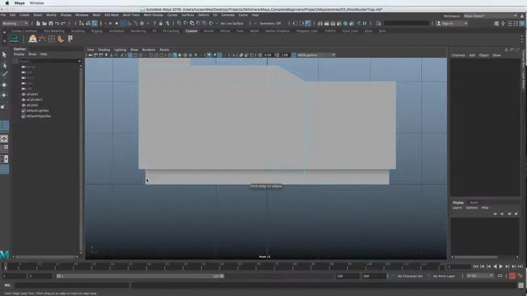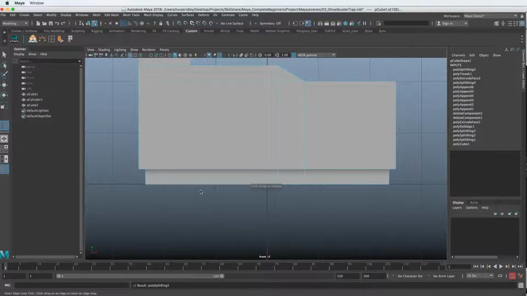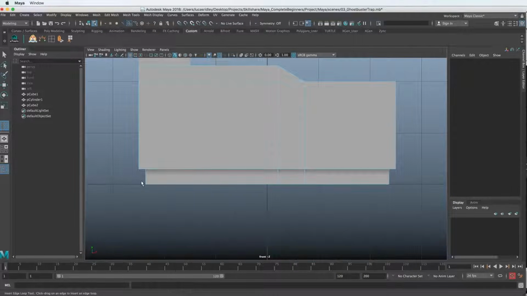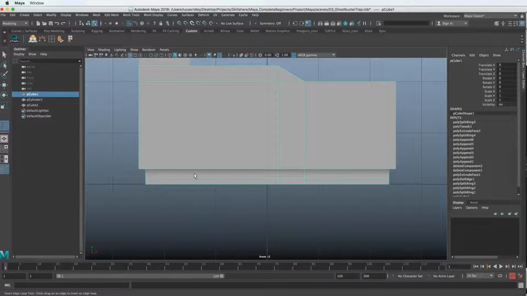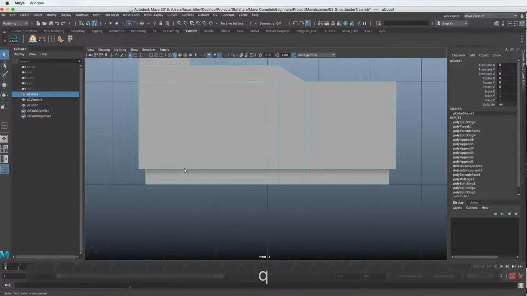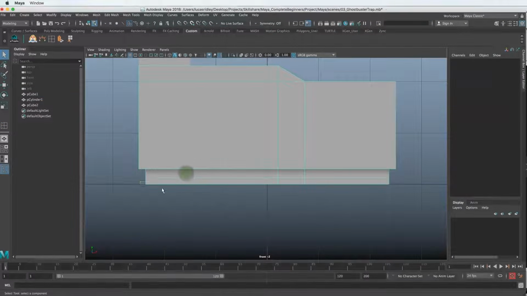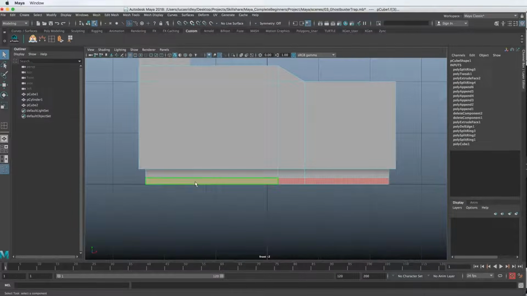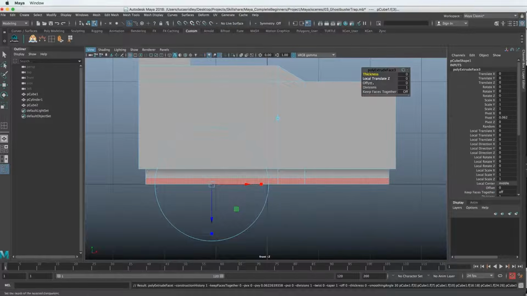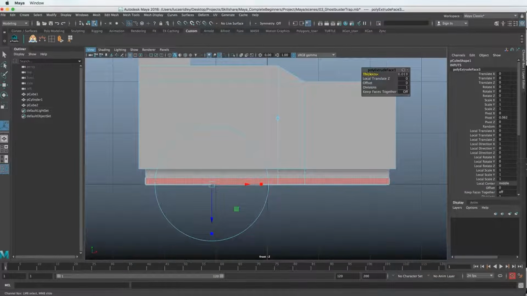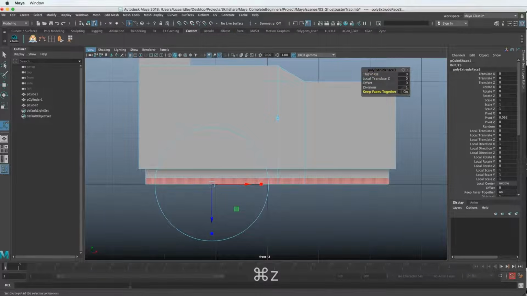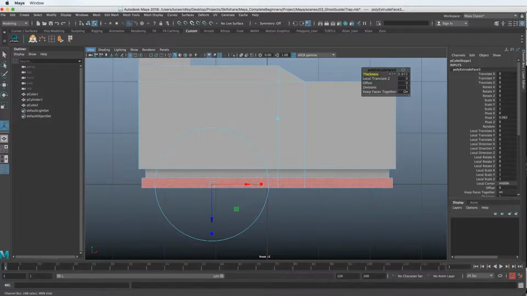Now let's add another edge loop so that we can kind of get this bottom section out and do the same thing we just did. Let's go to face mode, select all the faces. Whoops, again, I'm still in the edge loop mode, so I'll hit Q to get off of that. Select all of the faces, go to the extrude, and let's just extrude this out. Oh, and we want to keep faces together on, as we did before.